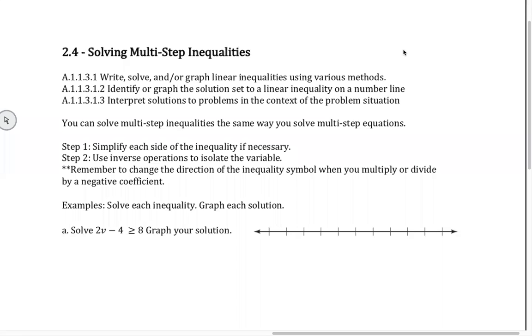All right, 2-4, solving multi-step equations. Pretty simple. Basically, we're going to combine the previous two sections into one, okay? Remember, Kevin, when we did solving multi-step equations, right? Not inequalities. Do you remember us going through and doing